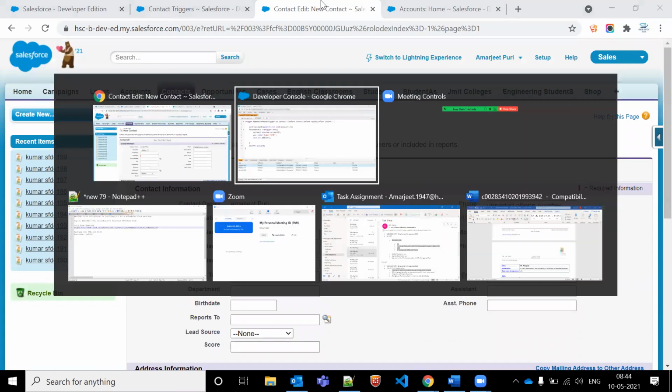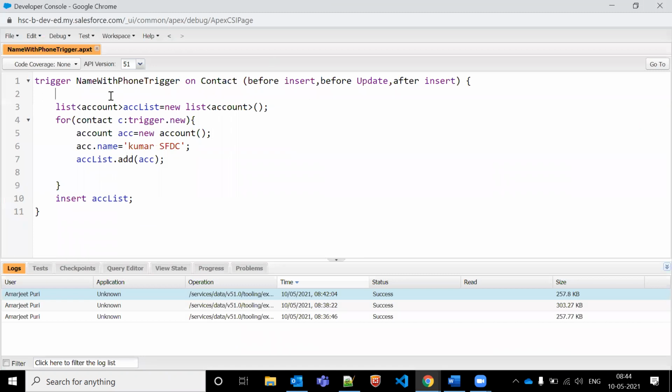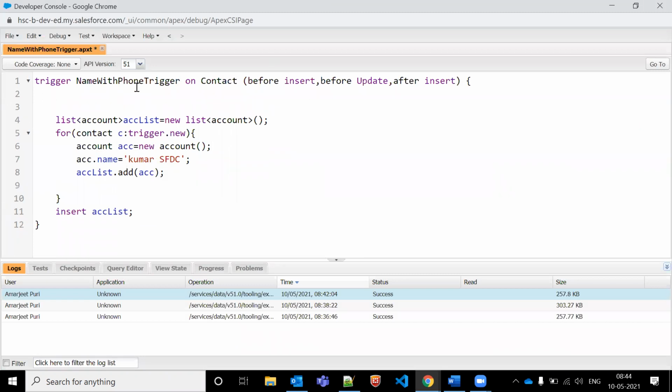So we want to achieve all these things with one trigger only. Okay, so what can we do here? So I'm writing a trigger on contact object. I'm writing before insert. Before मतलब single object पे हम काम कर रहे हैं, contact पे. After मतलब contact से हमें account का record create करना है. जैसे contact का record create हो, my account record should also be created. Okay, that is my requirement. So now how can we do here?